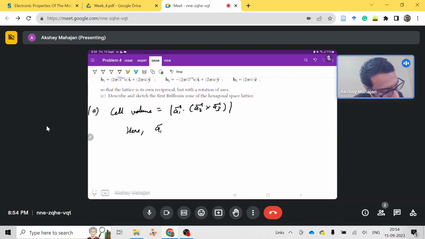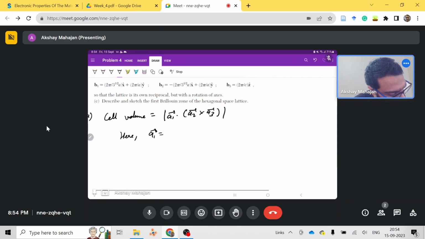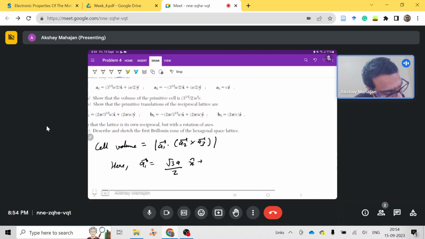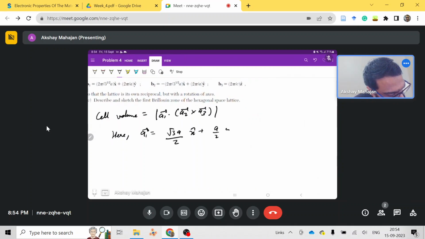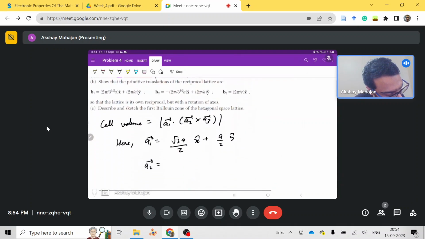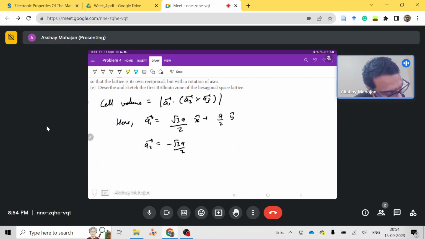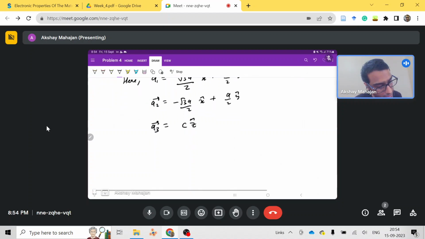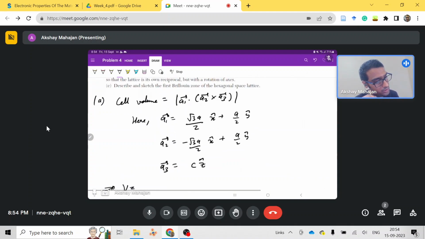Our E1 vector is equal to root 3 A by 2 x cap plus A by 2 y cap. E2 vector is equal to minus root 3 A by 2 x cap plus A by 2 y cap, and E3 vector is equal to C times Z cap. Alright, this is given to us, so we will just put A1, A2,